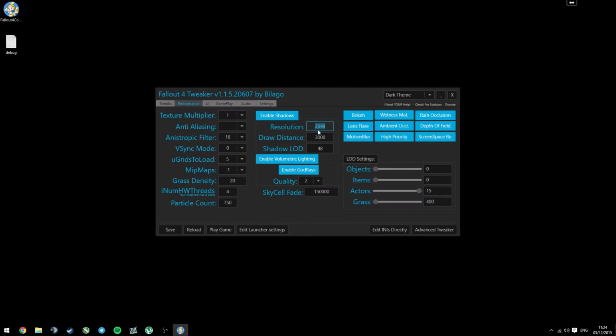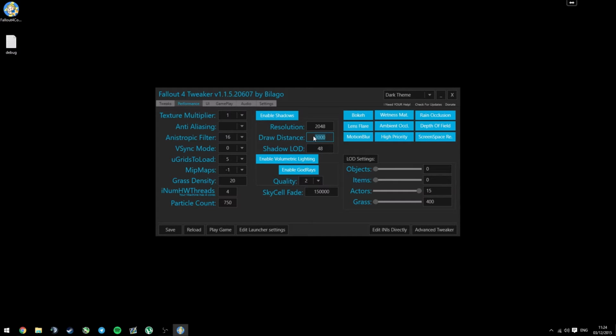Shadows, you want to make sure it's at this. Have medium to high end. Anything higher can hurt your frames. I would say if you have lower end hardware, set it to that. As I said, if you're below minimum or you're at minimum and you want more frames, I'm gonna set it back. Draw distance. This is where your city frames, whenever you're in Diamond City or anything,